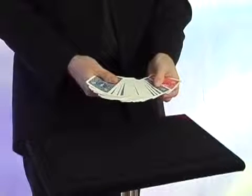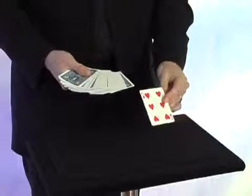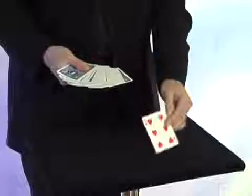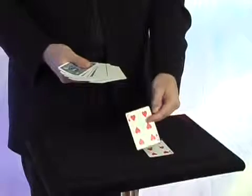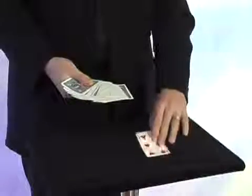This is the explanation of Frank Garcia's Chicago Opener. You do require an extra card, which is a red-backed duplicate of one of the cards in your blue-backed deck. Now, the red-backed duplicate goes on the bottom of the deck. You can see here I've got the 6 of hearts, and the blue-backed duplicate goes immediately above it. So we have 2 6 of hearts, blue-backed on the bottom, and beneath that, so the bottommost card is the